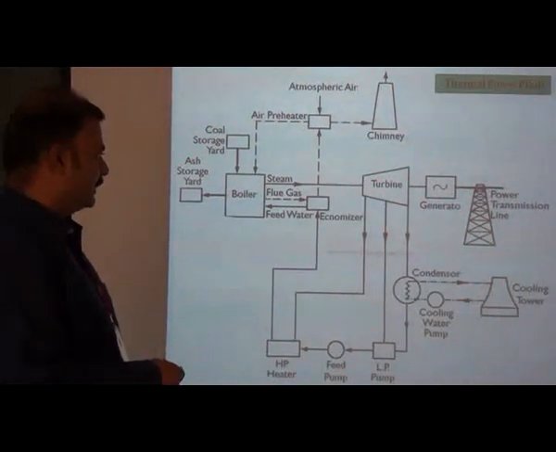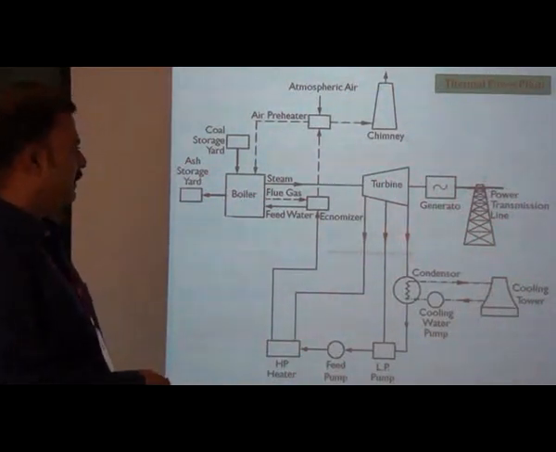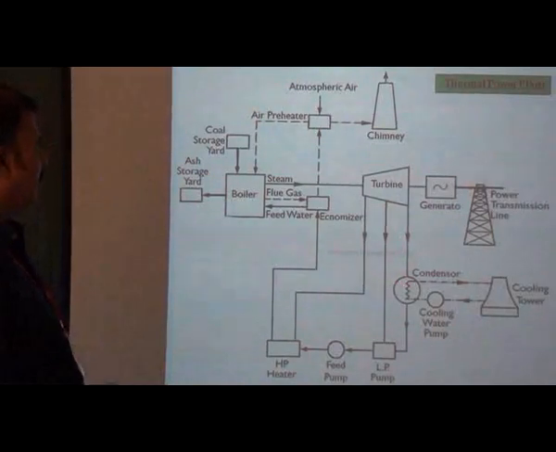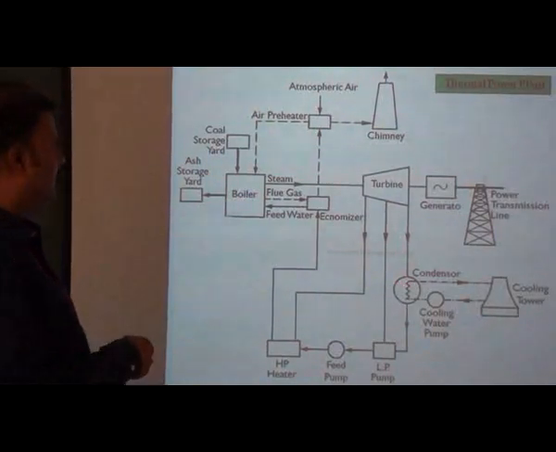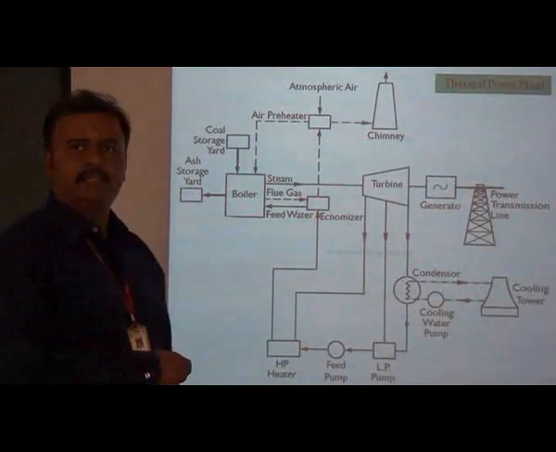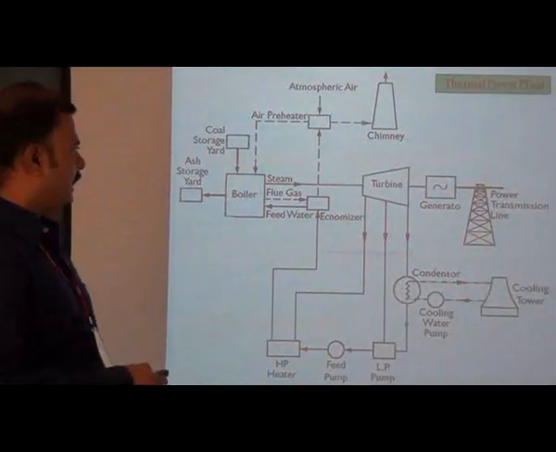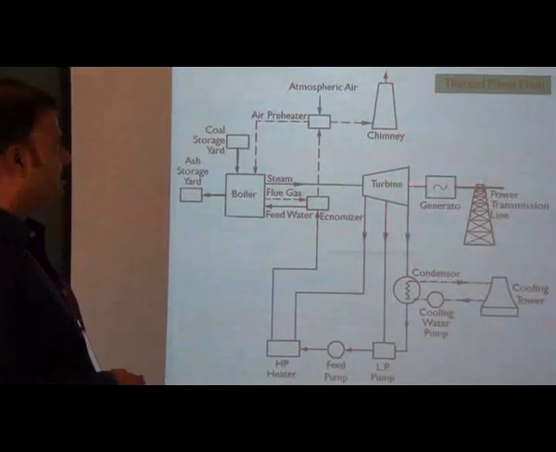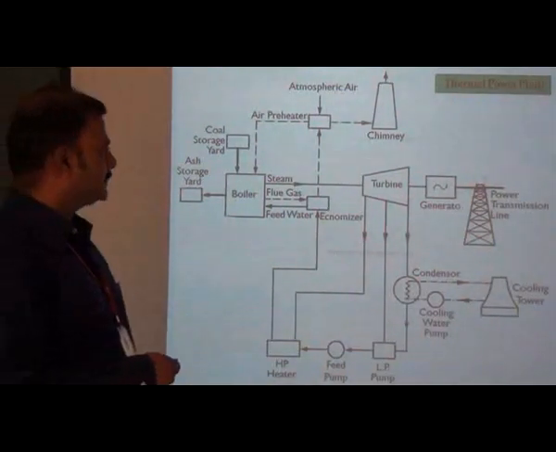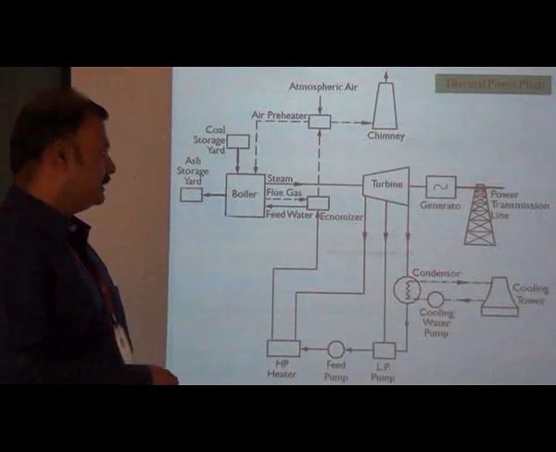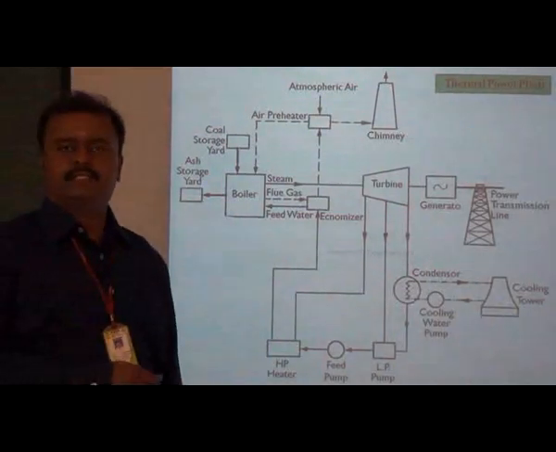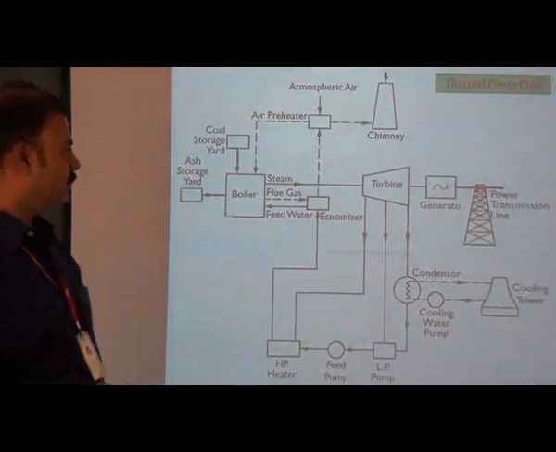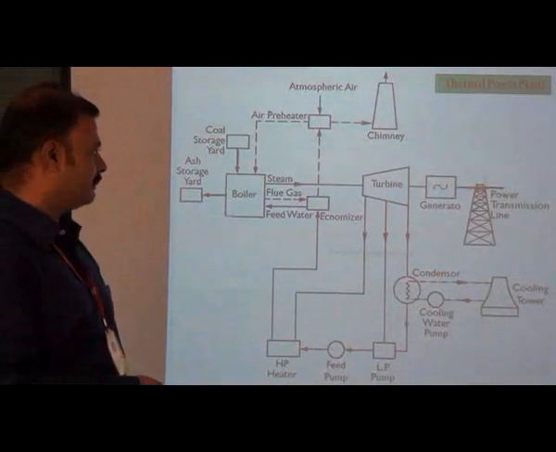The exhaust from the turbine is steam, and it passes through the condenser. So this is about the feed water and steam circuit of a thermal power plant. So now the last one is the cooling water circuit. Normally in the cooling water circuit, we want to cool the exhaust steam which is coming from the turbine through the condenser. The condenser is a heat exchanger. It is used to remove the heat which is coming from the turbine.